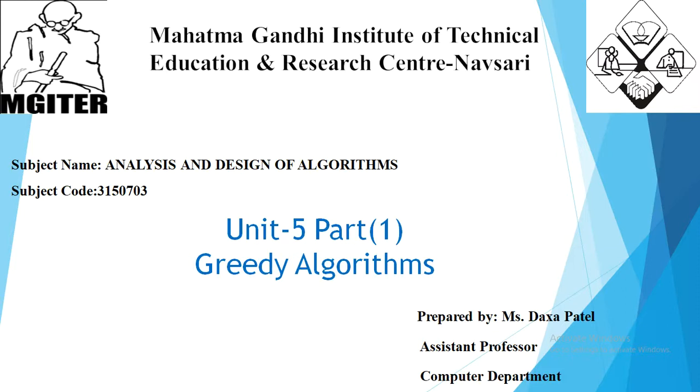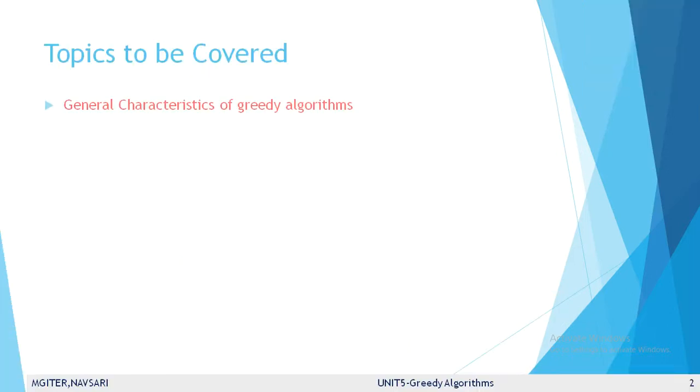Out of them, some problems we solve using the dynamic approach, some are solved using greedy methods, and some are solved using branch and bound. In the dynamic method, problems are solved based on the principle of optimality, and at each subsequent stage we take a decision. The greedy method is also used for solving optimization problems, but once we take a decision, we cannot neglect it in the next stage.